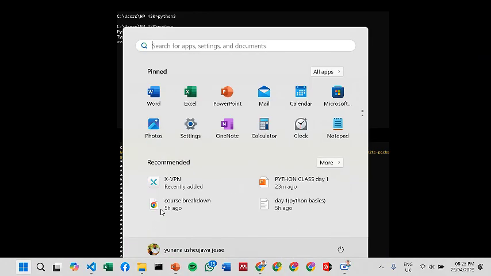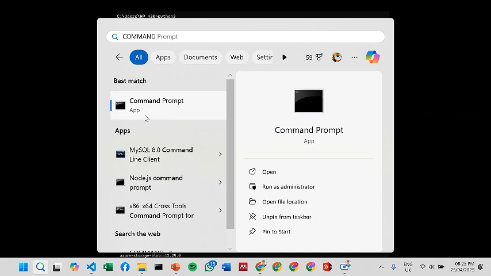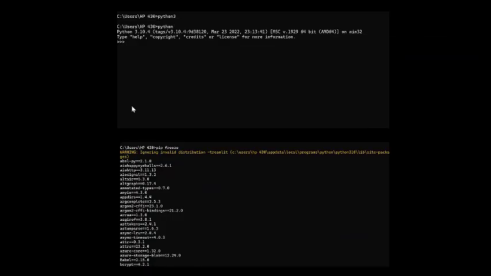I'll show you how to do that. All you need to do is come to your search button and search for command prompt. This first one, or you say CMD. You can type CMD or you type command prompt. You see something like this will pop up. So you click on this command